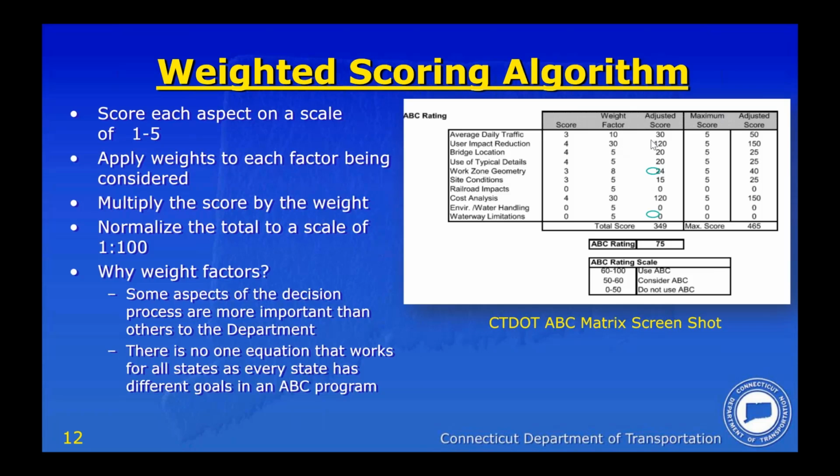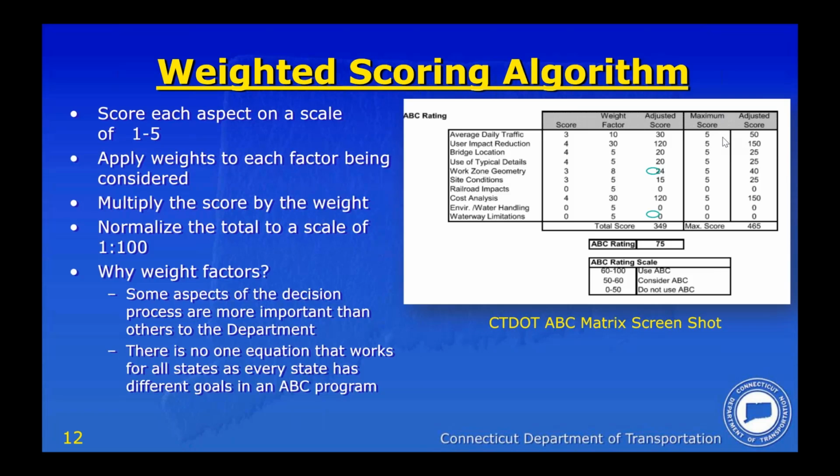Average daily traffic is very high. And cost analysis is very high at 30. These total 108 here, and these were normalized to 1 over 100 here in providing our adjusted scores in this column. Over here, in this section of the spreadsheet, we're looking at the idealized optimal ABC project where